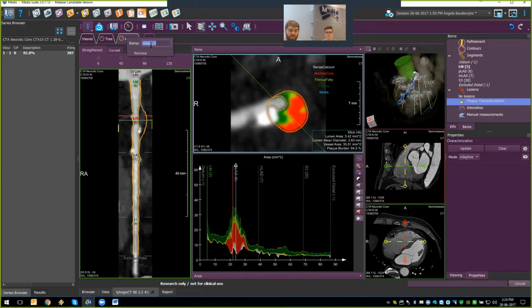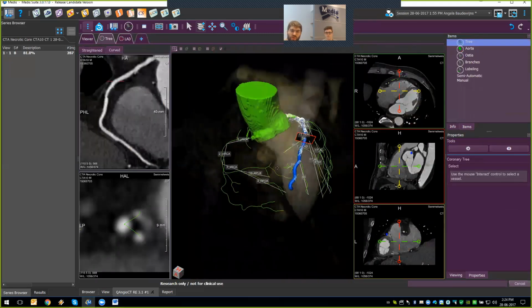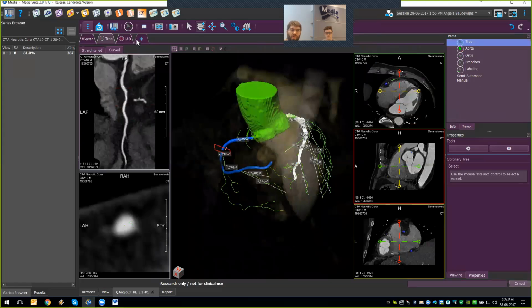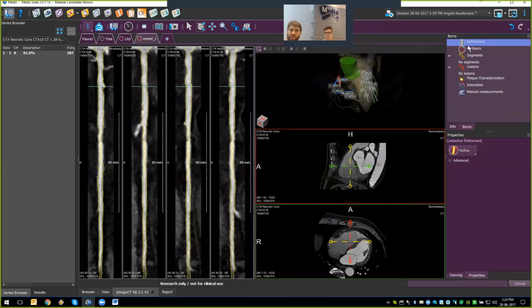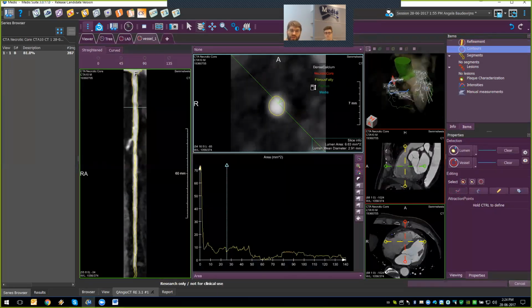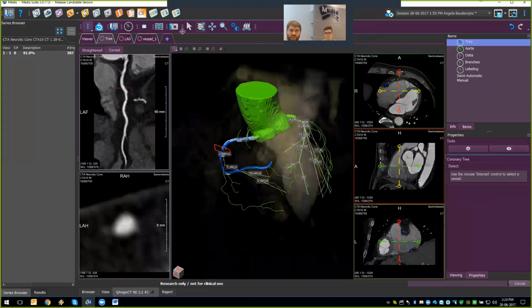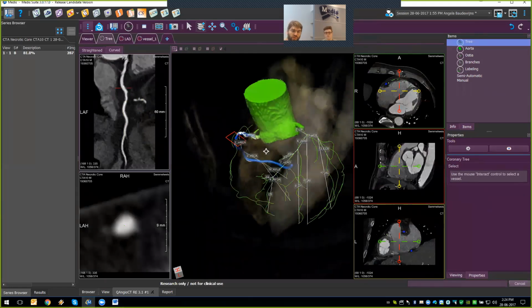So we now have all this information available, and of course this is just one vessel. We can actually give this a more meaningful name. And if we go back to the coronary system here, we could of course select another vessel and pursue down the same lines to do the analysis in this vessel as well. And here we will follow the same basic steps. So this way we can build up a list of all the annotated vessels and come to a quantification on this patient for further